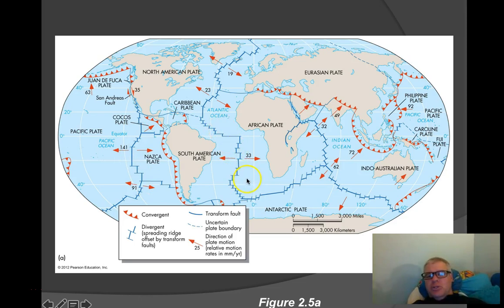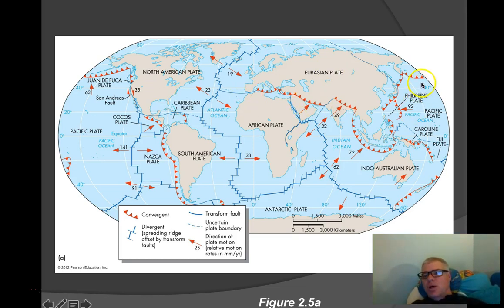The blue boundaries are what are called divergent boundaries, where the continents are essentially moving apart from each other. And then the arrows are where they're moving towards each other. You can see these red arrows right here. The mid-Atlantic is a place where the continents are spreading apart from each other. And then there are areas where they're colliding, such as where India and the Indo-Australian plate is smashing into the Eurasian plate. That's a place where they're coming together.